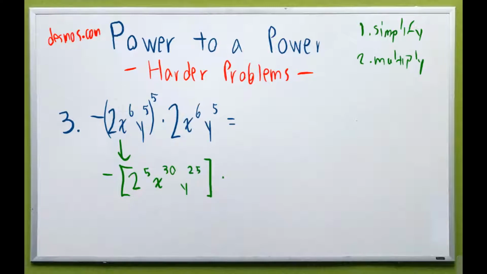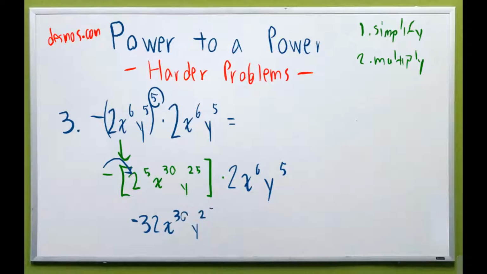All of this is times 2, x to the 6th power, y to the 5th power. Alright, so we simplified almost. We have to do one more step. So we have a negative on the outside. We want it inside now since we've simplified and got rid of this power out here. So we have negative 2 to the 5th power, which is 32, x to the 30th power,